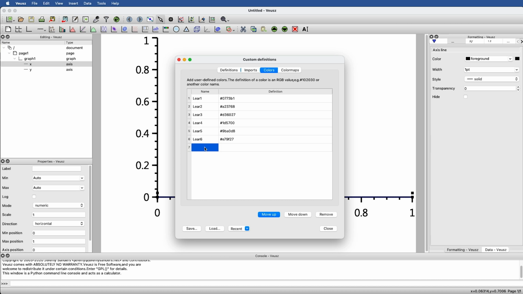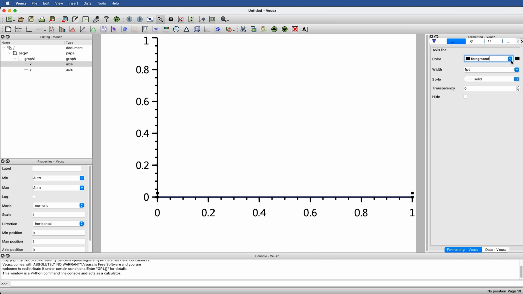So if I wanted a new one, let's say Lear 7, then I could specify a hex value like E6341F, let's say. And then I can say close. And if I go in here, I will now have Lear 7 with a new set of colors that corresponds